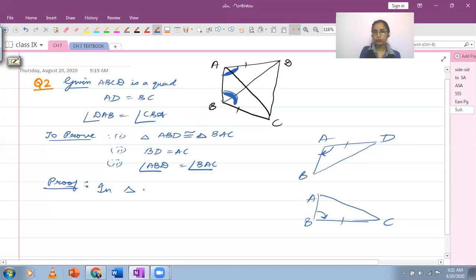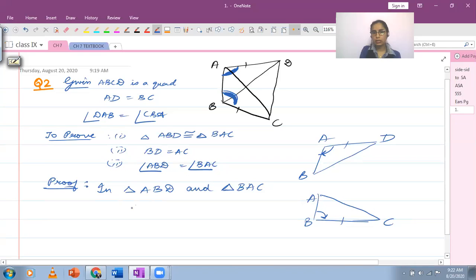So first of all, you're going to write down the names of the triangles. You can just pick the names from the relation. The names of the triangles for the congruence relation you have to prove, you can write those same names here, showing which triangles we have taken. So I'm taking triangle ABD and triangle BAC.